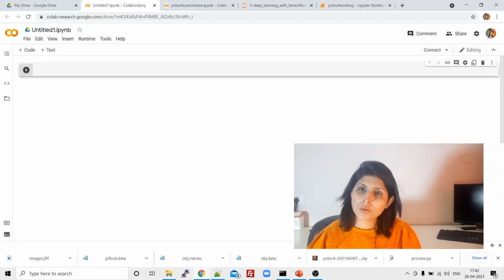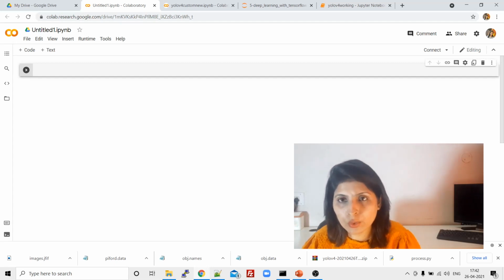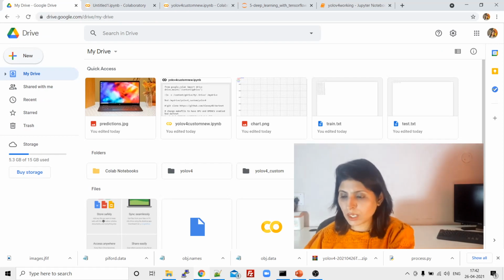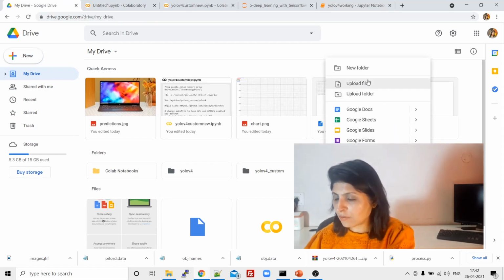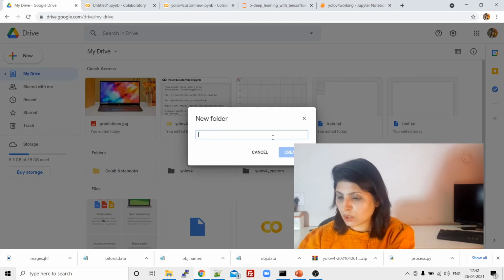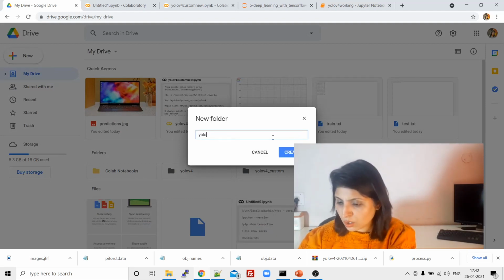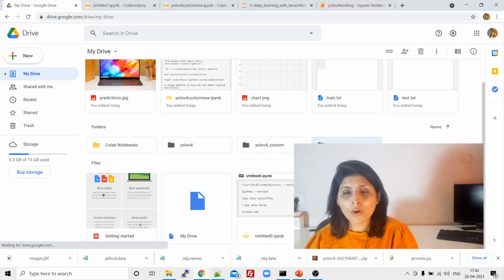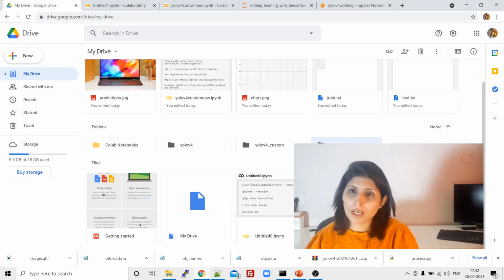This is just what you need to do at the very beginning, right? Now let's go back to our code. So guys, under your Google Drive here, just create one folder. We are creating one folder over here, and I'm giving that folder the name YOLO V4 PyFood. This is my folder. Under this folder on my Google Drive, I'm going to write all my code.